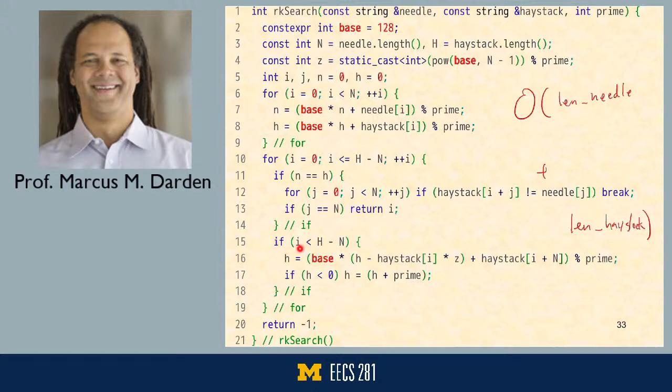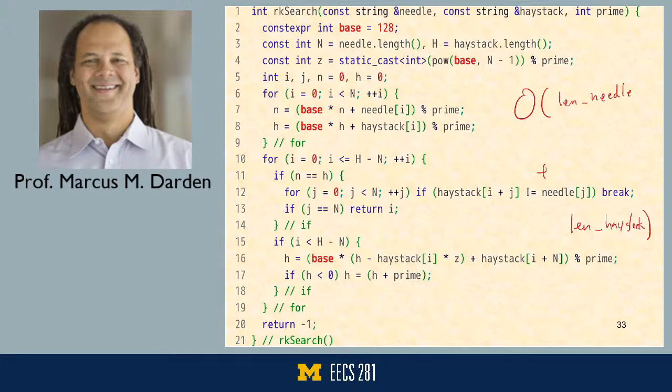As long as the end of the window hasn't hit the end of my haystack, then I'm going to modify the haystack's fingerprint by removing the first character in the haystack, multiplying by the size, and adding a new last character to the haystack. Or sorry, I remove the first character of the window, multiply by my base to increase it, and then I can add a new character at the end of the window. So I get a new fingerprint of sliding that over one. Mod by prime to keep it inside bounds, and then I can do my comparison. So this is the Rabin Karp